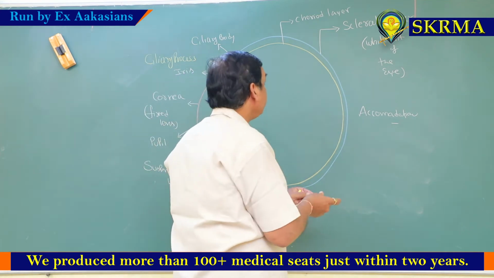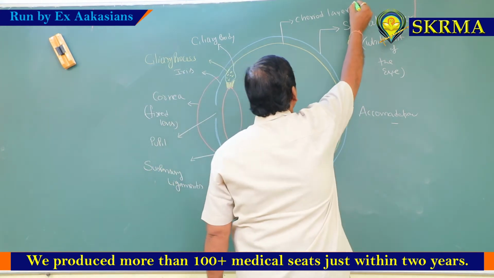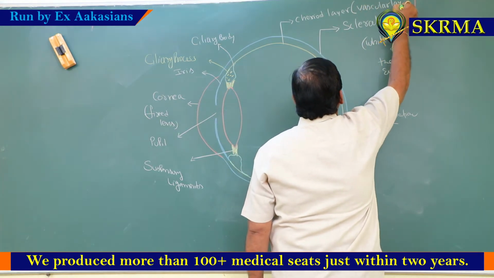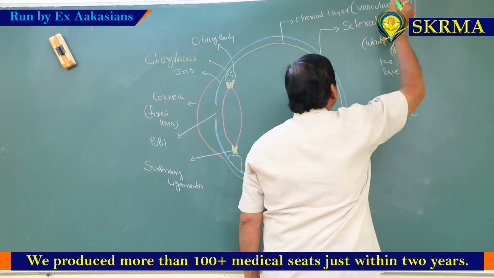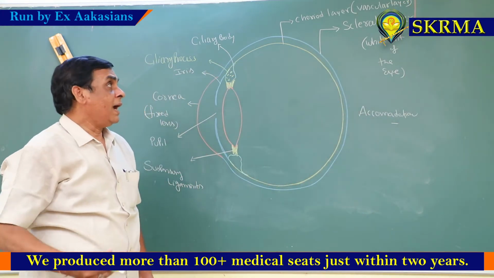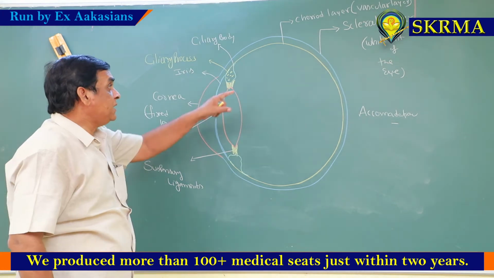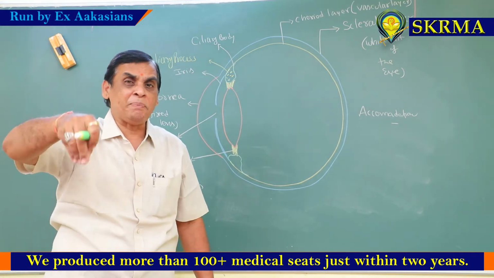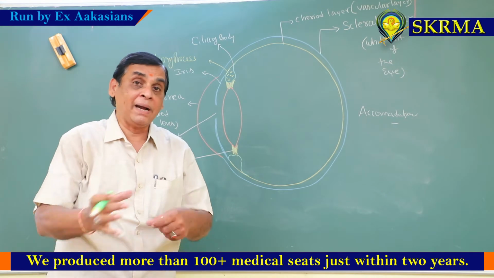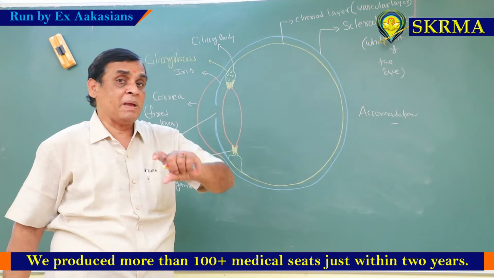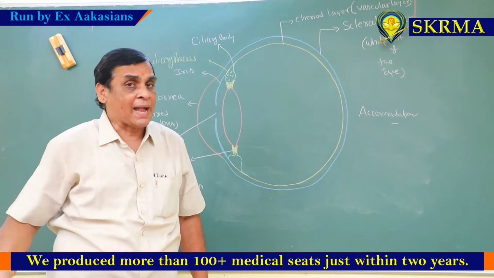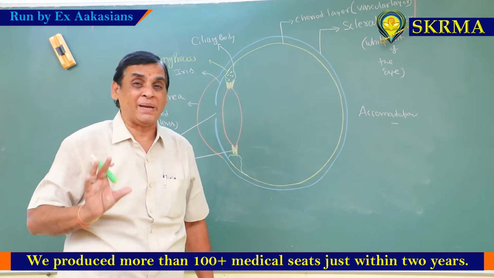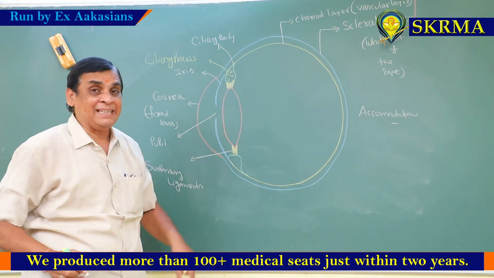Now here I am telling the choroid layer is the vascular layer. Vascular means highly supplied with blood vessels. Generally the color of the choroid layer is either bluish or light pink. In rabbits it is pink in color. It may change from animal to animal, but in humans generally a bluish tint is present. That is about the second layer.